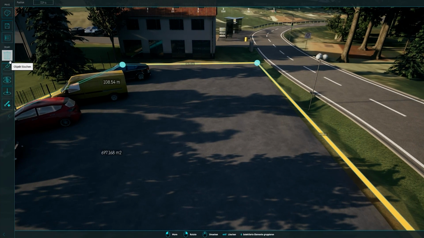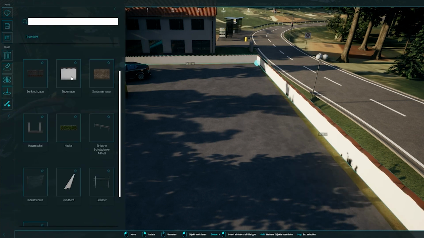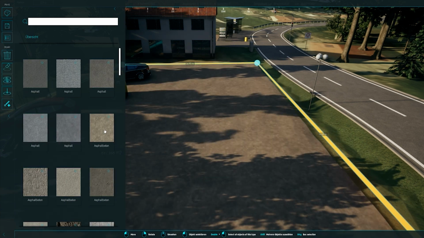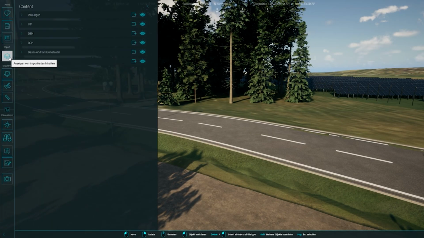One of our key principles is that you find all tools and options by selecting an object in the scene or the asset browser. The right menus and tools will then appear automatically according to what you are doing. For importing and controlling geodata or plans and to show different scenarios, just open the layer system. Here you can add new layers by importing geodata, IFC files, or by creating user groups.